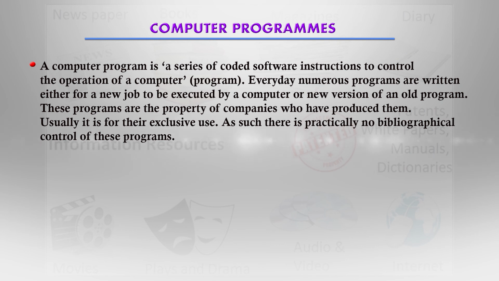So, today we discussed various types of primary sources of information, starting from periodicals, patents, standards, thesis, dissertation, medical records to computer programs. All of these have their own value. So, you are requested to again go through these primary sources of information and know about them in depth. Thank you.